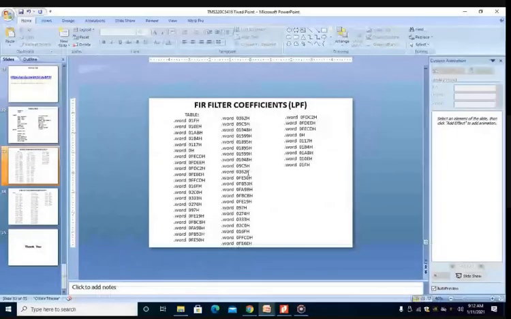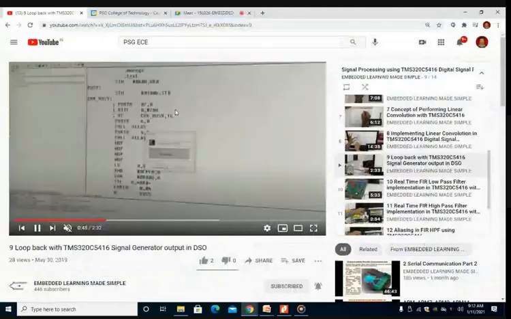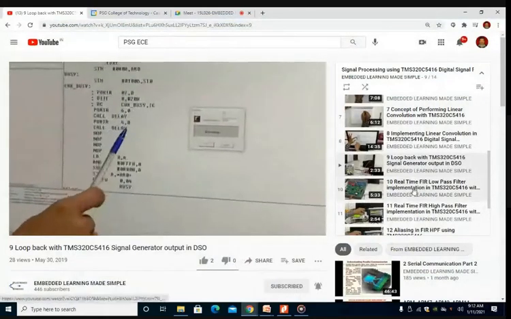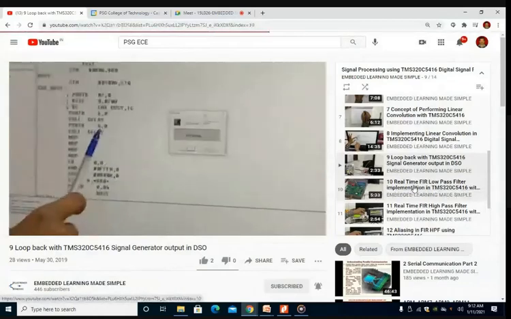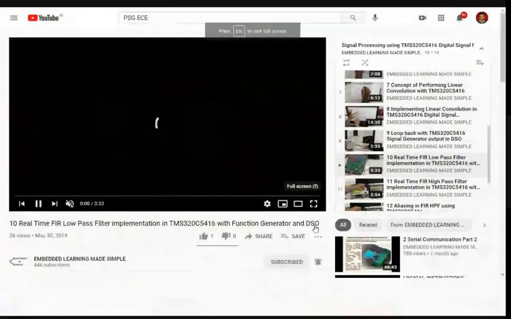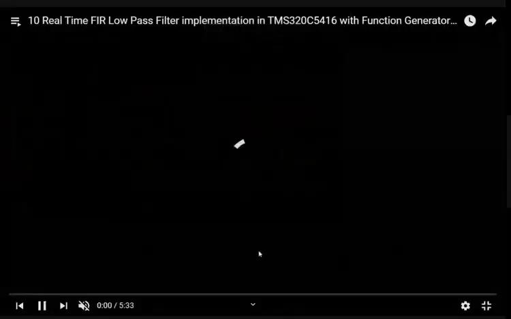And all these codings are very clearly explained, and it is being demonstrated. For example, I am showing you the low pass filter now, quickly. Later on, you can look at it in detail. This is the low pass filter implementation with the same code that we have seen right now. This is the same low pass filter code implementation, just like so.